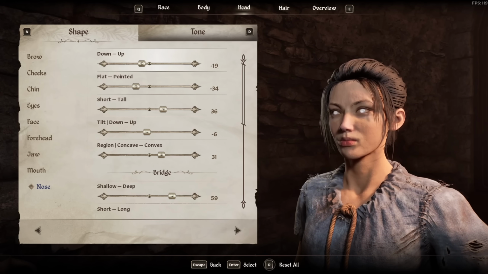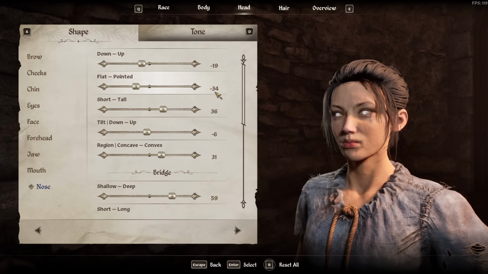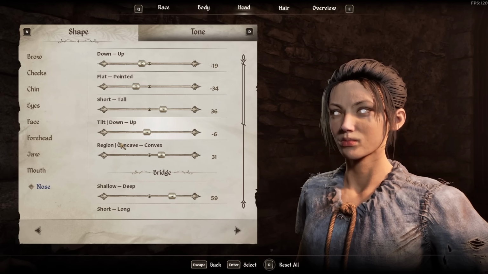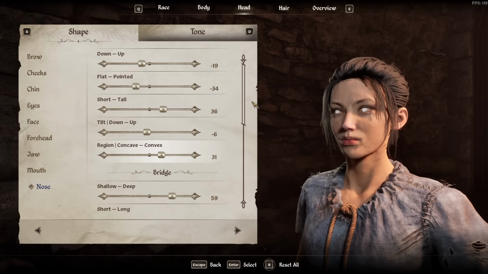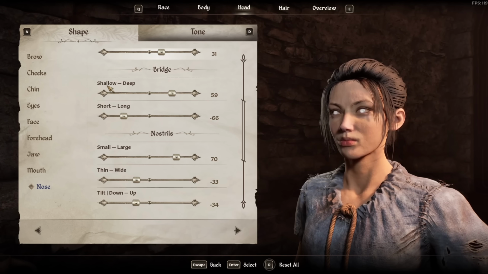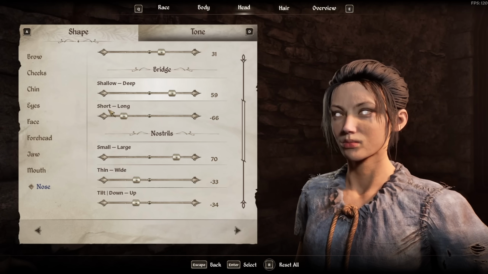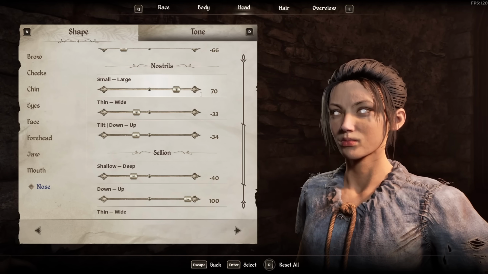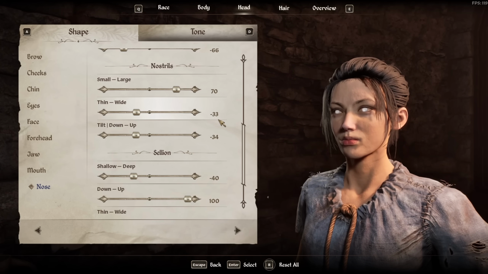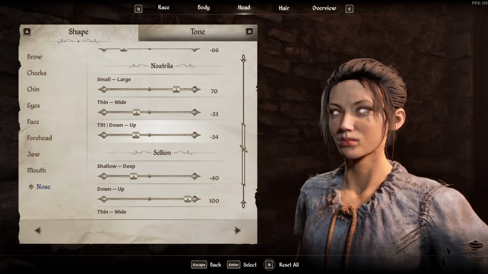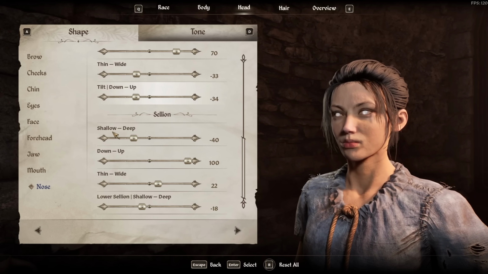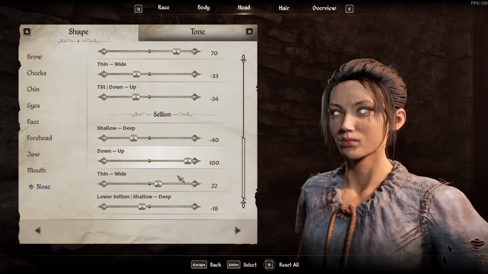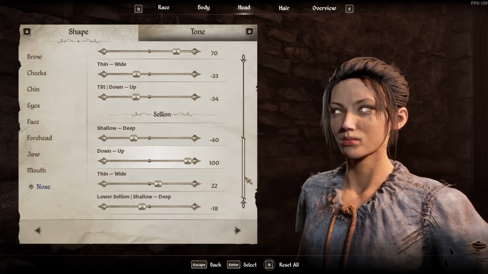For the nose, down up minus 19, flat pointed minus 34, short tall 36, tilt down up minus 6, region concave convex 31. For the bridge, shallow deep 59, short long minus 66, nostrils small large 70, thin wide minus 33, tilt down up minus 34, shallow deep minus 40, down up 100, thin wide 22, lower salient shallow deep